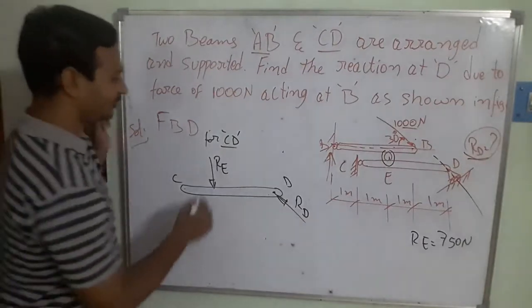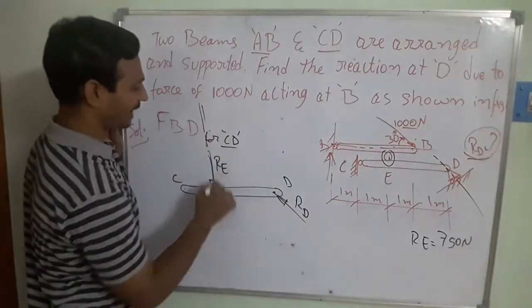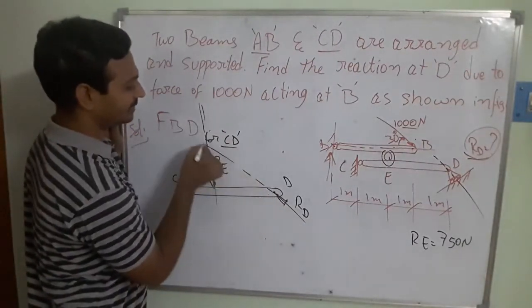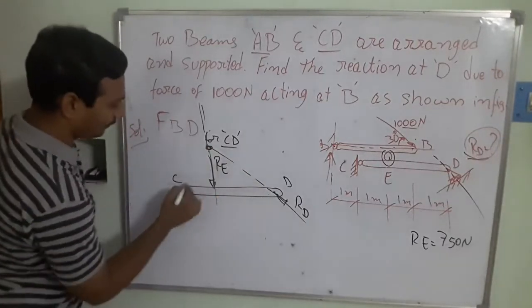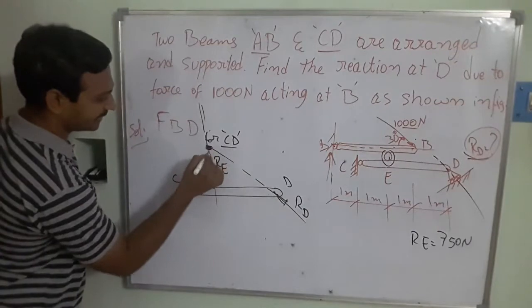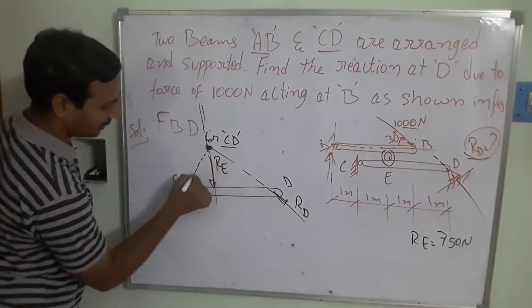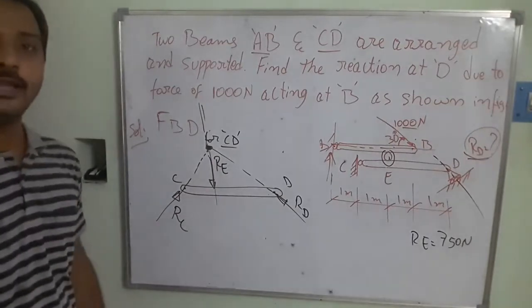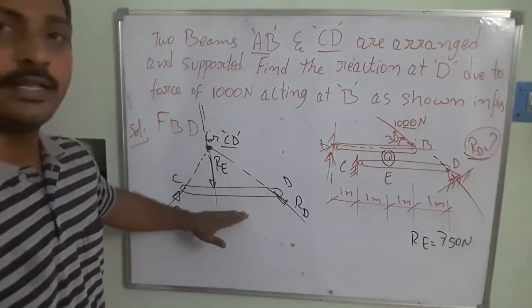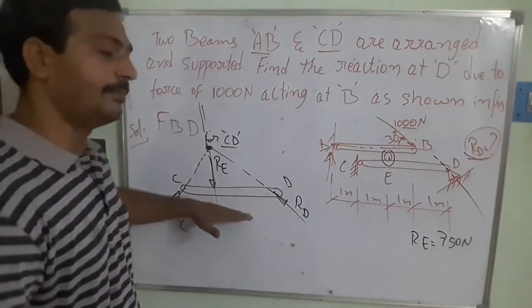Then I am going to be extending these lines. These are the lines of action, and for these lines of action, this is the point of intersection we got. Then from this intersecting point to this point I am going to draw a line, and I will show this is going to be your RC. Right? This is the way that we are assuming that the system is in the equilibrium condition.